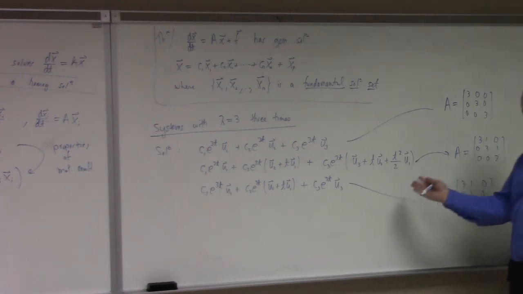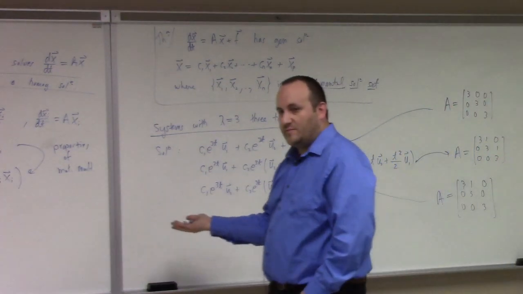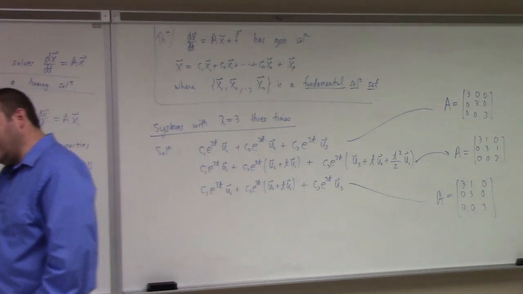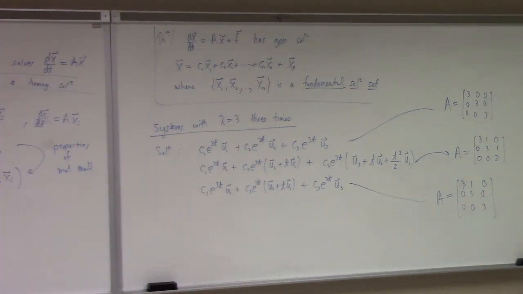So you shouldn't understand this yet. I'm putting the cart before the horse. I'm just trying to show you a little bit to gain a sense of what we're up against. Even for lambda equals 3 repeated 3 times, knowing lambda equals 3 three times does not tell me what the solution is. There are 3 different flavor options within that characteristic solution. So we need to come to an understanding of how we find these solutions,